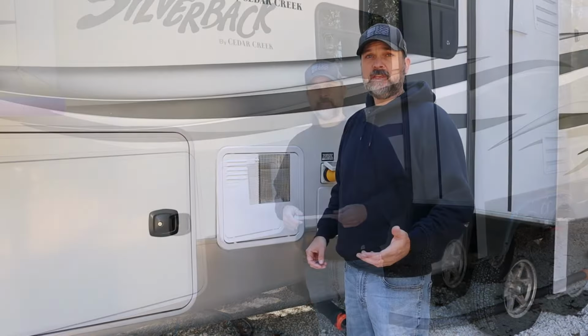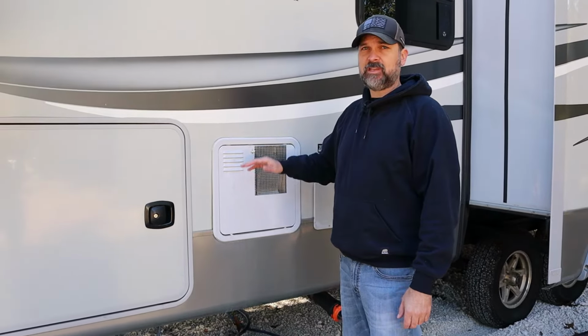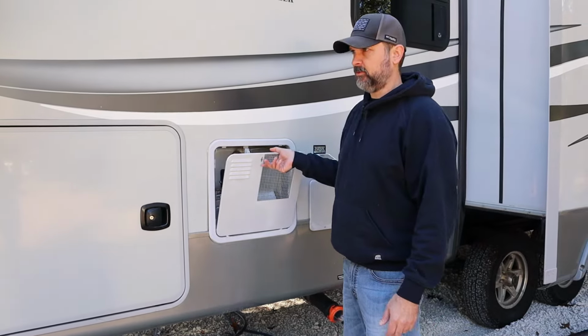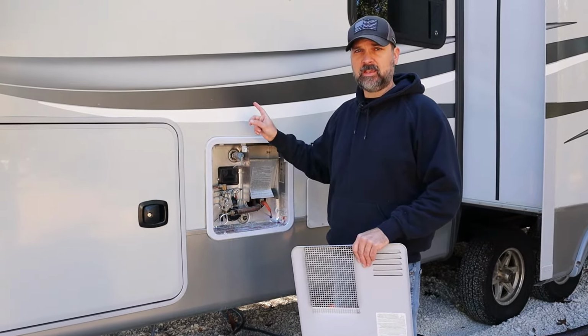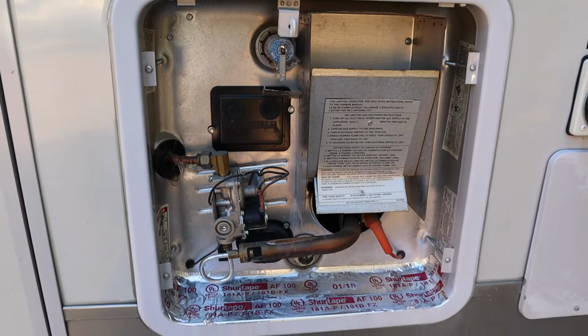All right, so in our RV, we have a dual fuel water heater, meaning that we have electric and gas, propane gas. So first thing you're going to want to do is make sure the heat sources are off, or your fuel sources. On ours it has the electric switch on the outside, which I've turned off, and then on the inside is the gas switch. So right now this thing has no fuel going to it whatsoever. Second step,